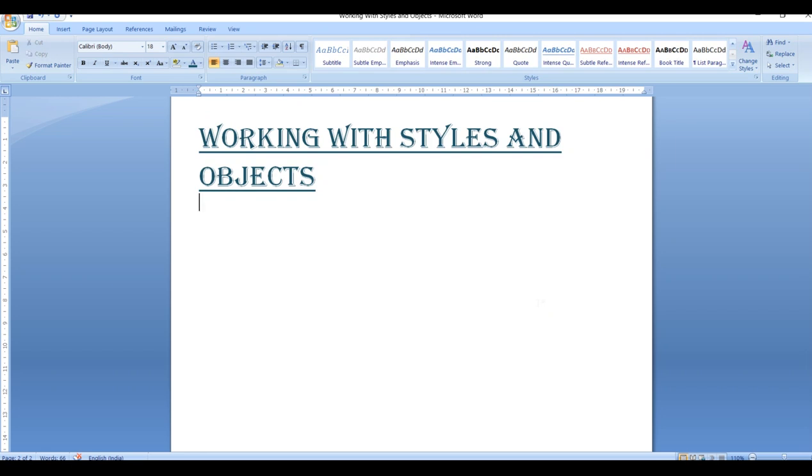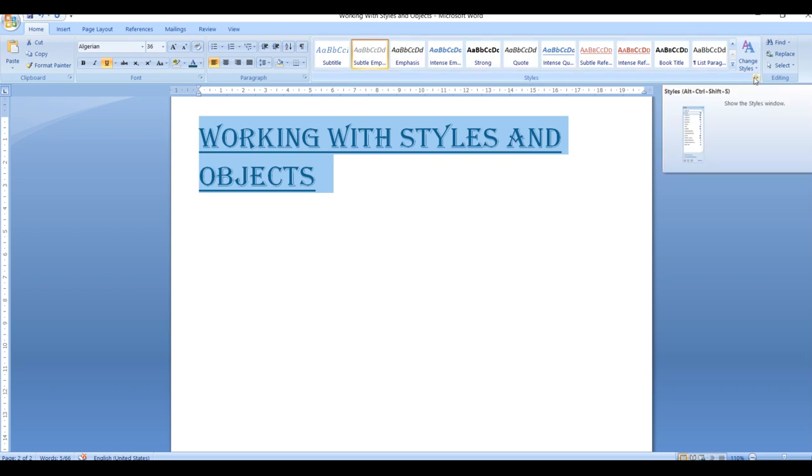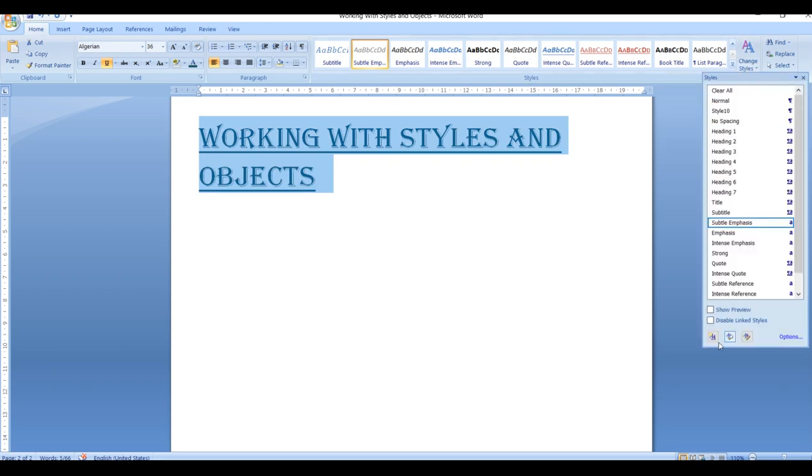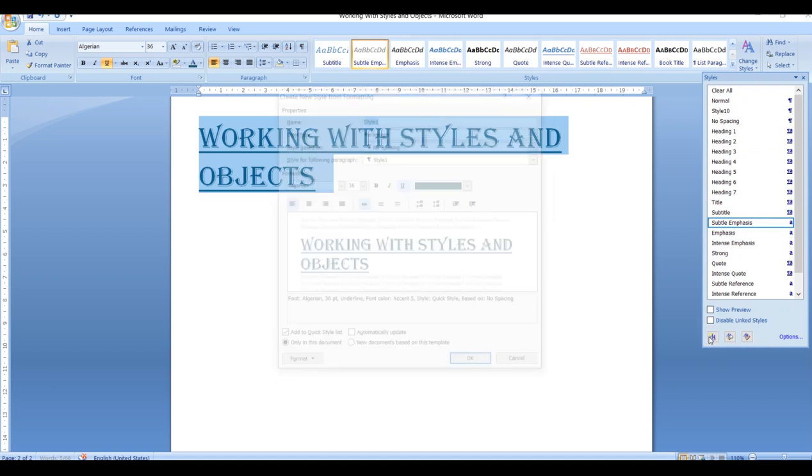Now suppose you want to prepare your own style. For preparing your own style, you first select the text, then go to the styles dialog box launcher. Where is our styles dialog box launcher? Here is our styles dialog box launcher. Just click on it and select New Style.